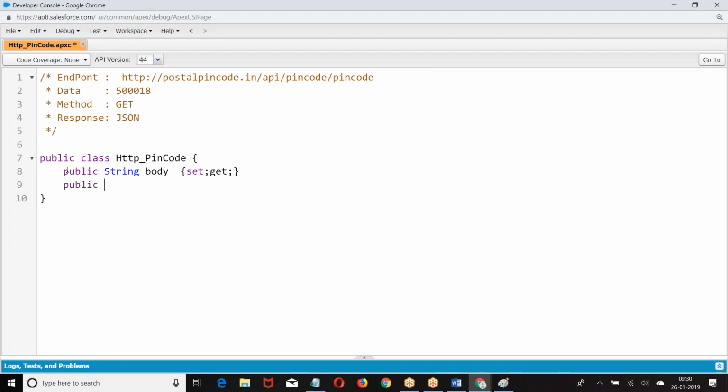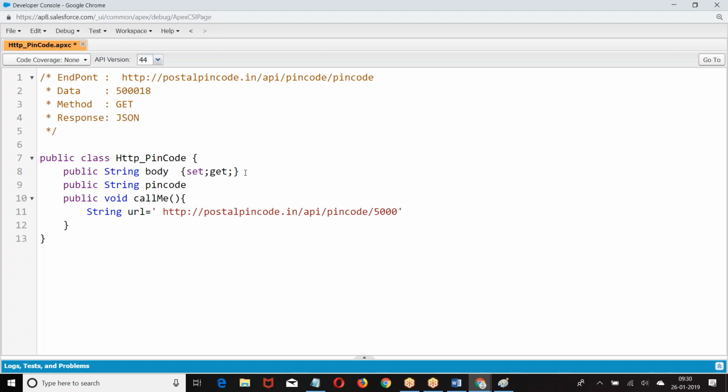Public. Now I'm giving string URL equal to, I'm giving a pin code, or else I can ask you to enter the pin code number. Then create a request.